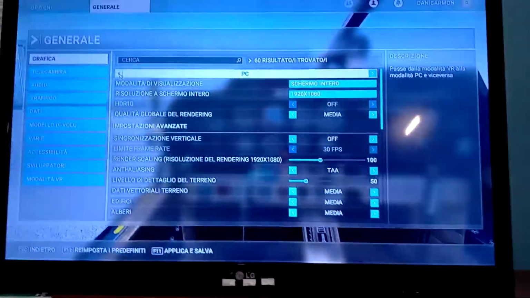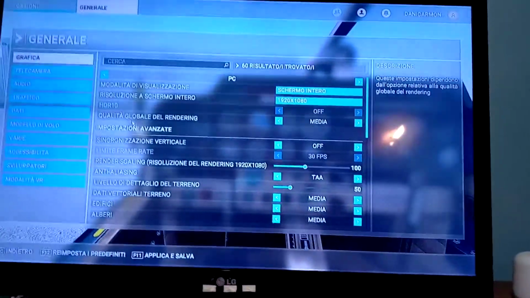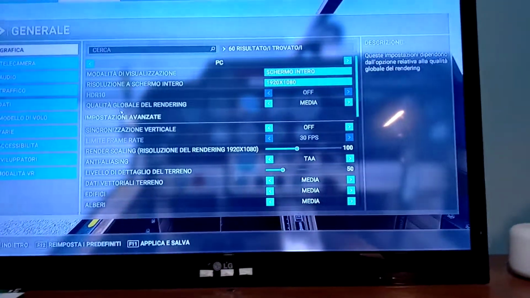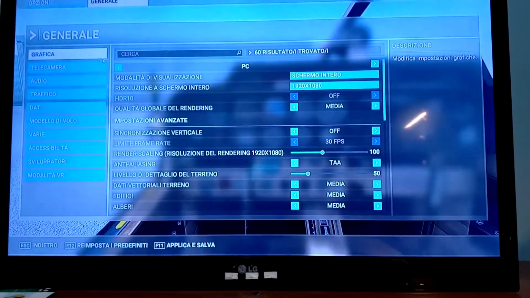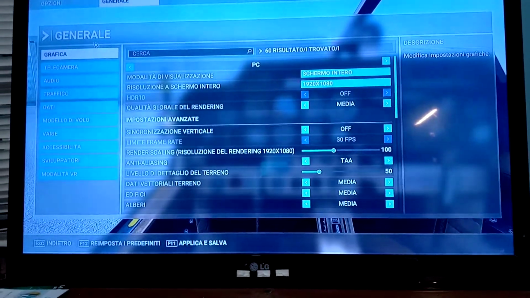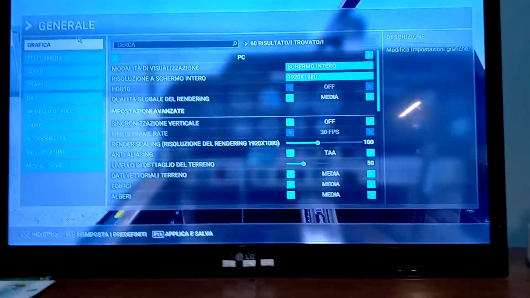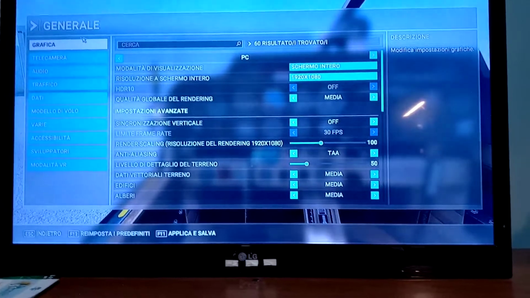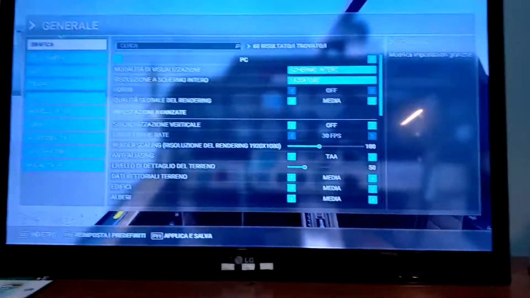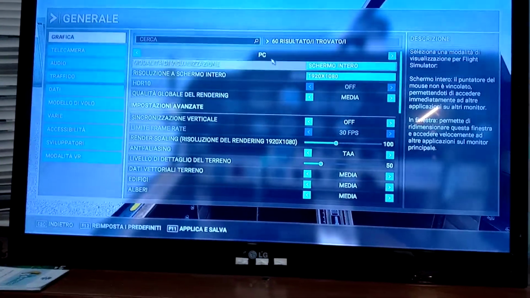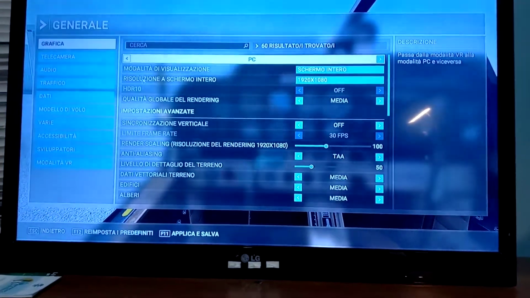So now we are in Flight Simulator 2020. As you can see here, we are in PC in general right now. Don't worry about the Italian language. Try to follow my voice, don't be so frustrated about my English, and try to be patient about it. So you go to general, then you go to PC, and before going to VR, you go in PC because you have to